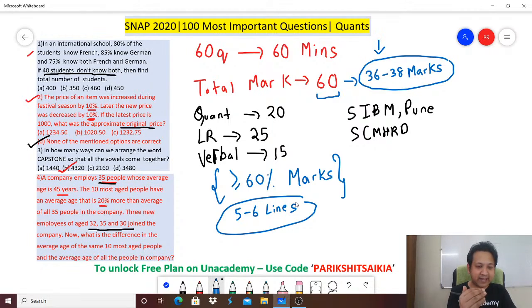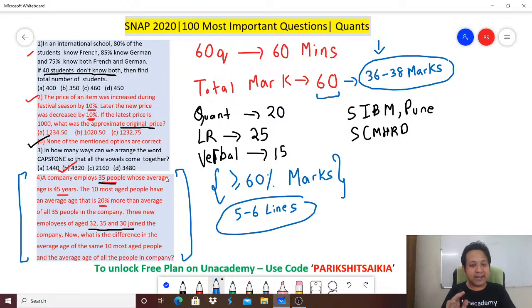Now in my case here, you might be thinking this is 6 lines. Remember, here the width is very low, right? It's not 6 lines, this is just a 2 liner, but because I have used only a portion of the space, you might think this is 6 lines. No, this is not 6 lines, but on your screen, it will be the entire width which will be covered. In that case, if it is a 5 or 6 liner, leave it. And your target attempt should be around 60% of the marks. Okay, that should be your target attempts.